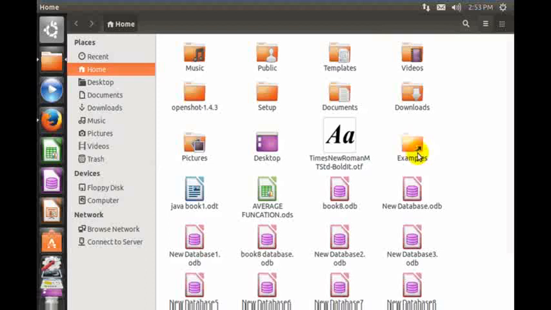This option allows you to change the computer's time and date. Click on the Session Indicator icon at the top right corner of the indicator area. It displays a drop-down list of options. Select the System Settings option to open the System Settings application window. Click on the Time and Date icon under the System category. The Time and Date dialog box appears as shown in the figure.